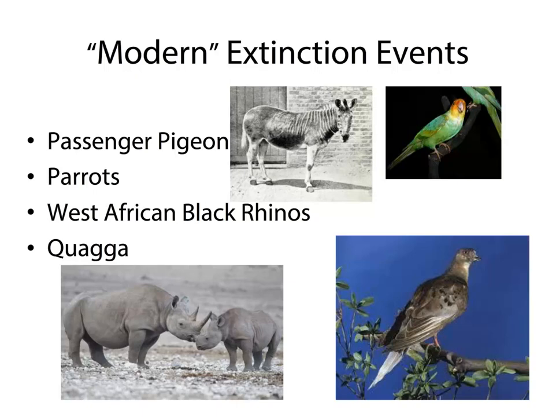We also used to have our own parrots called the Carolina parakeet, not just in Illinois, but in North America. Once ladies' fashion came in vogue and they wanted feathers for hats, that's when the parrots started to suffer. Also, we have West African black rhinos that are virtually extinct, and I think there were only 2 left, which is incredibly sad. And we have the quaggas, which look like a cross between a zebra and a horse, and those guys went extinct too. So it's not as if we don't still have extinctions, and we kind of know this, and as scientists, it's why we're panicking a little bit, because we don't want any more extinctions to happen.